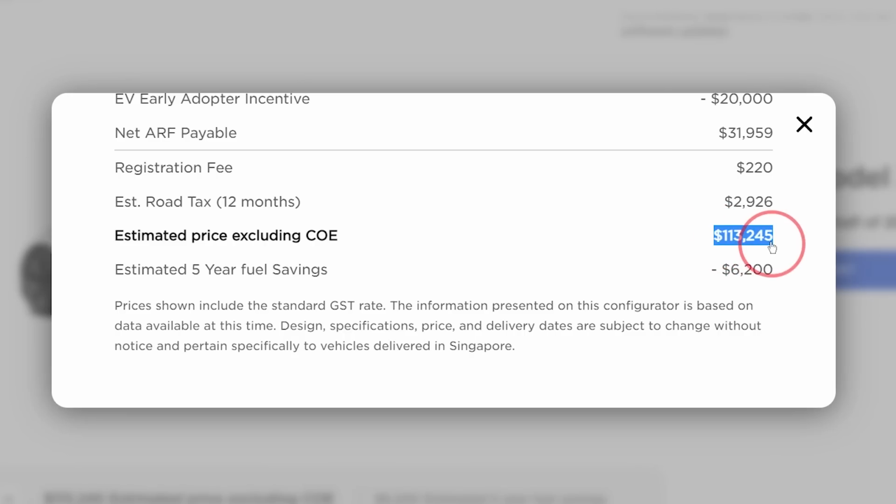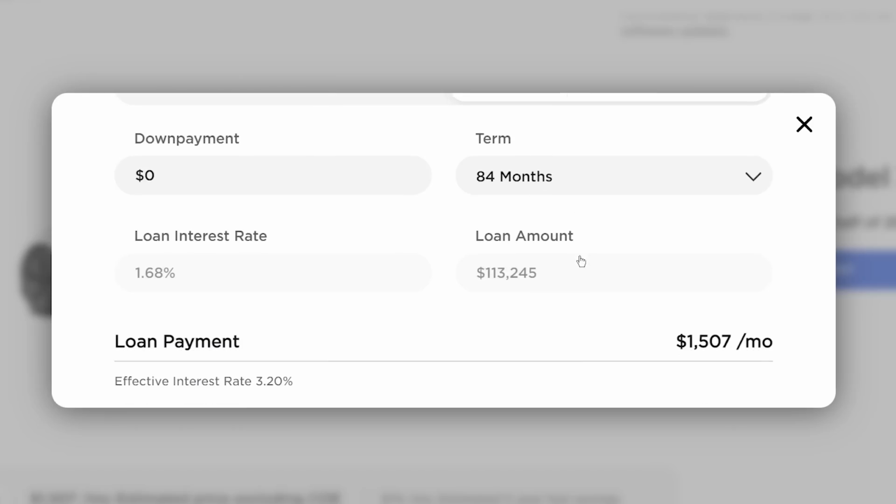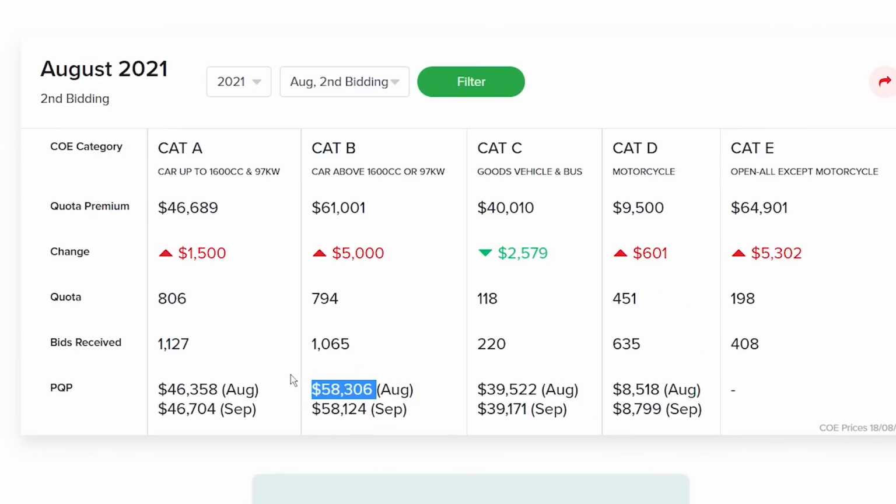The $113,000 is only if you pay in full, but I don't have that much upfront cash, so let's change it to loan. If you take an 84-month loan, the interest rate is 3.2% and you will need to pay $1,507 every month. So let's calculate this. The cost of the car with loan is $1,507 times 84 months, which is $126,588. COE is $58,306. Total road test for 10 years is